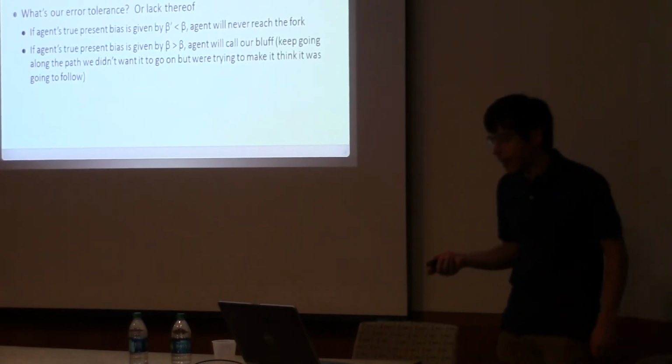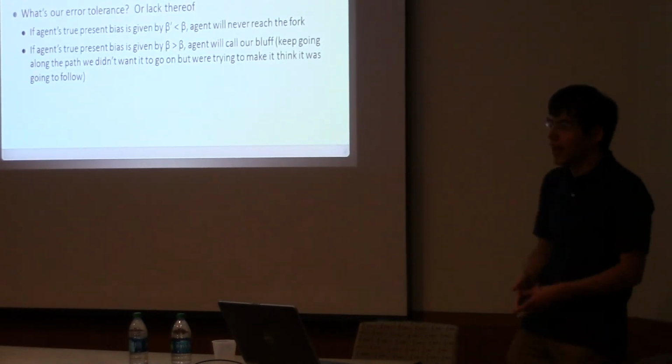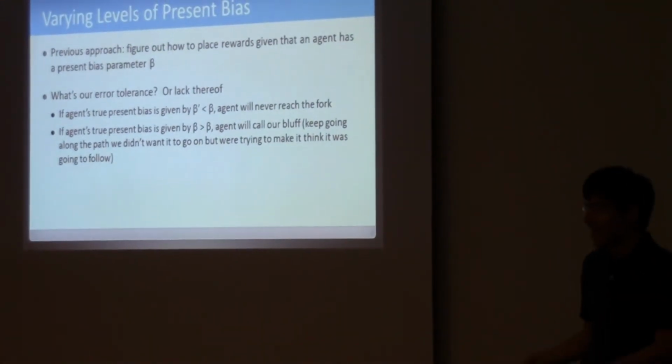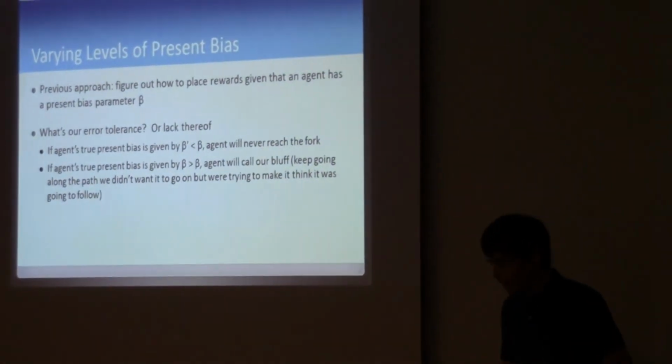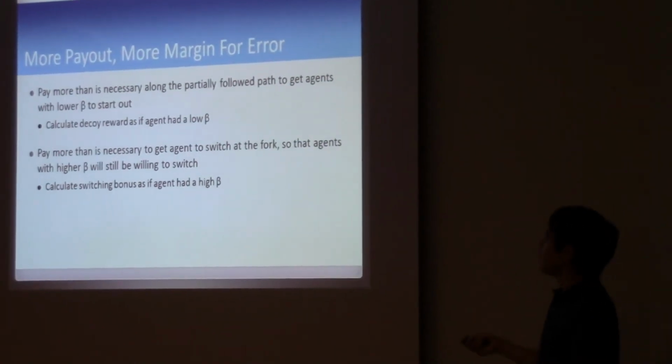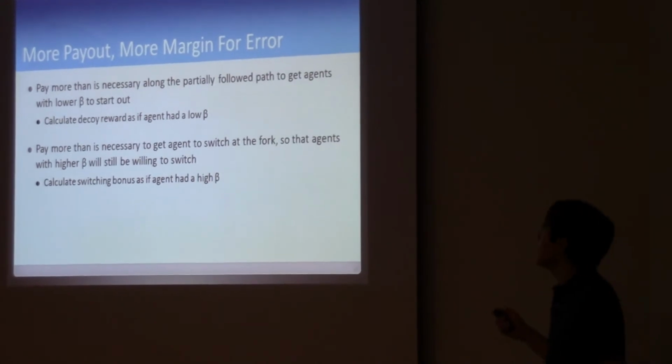So either way, it's not really ideal. And of course, that reward is put on the path that was not even the minimum cost path. So it's going to make a bad choice, and it's going to be bad for you. The graph designer can pay it out a lot. So essentially what you can do is you can say, if I pay out more, I can get more margin